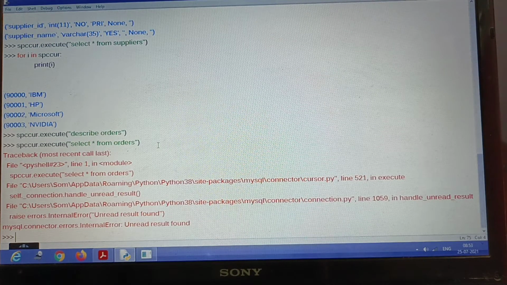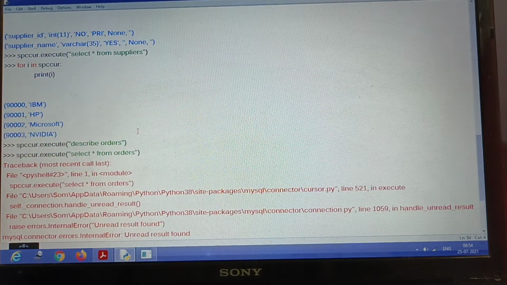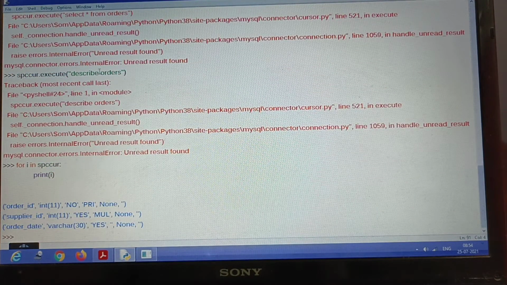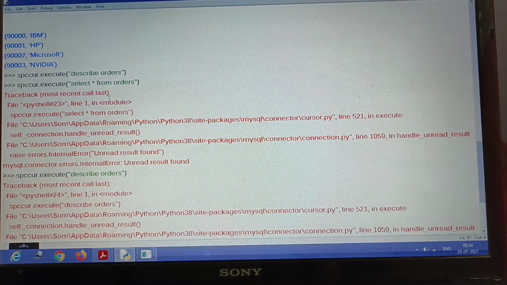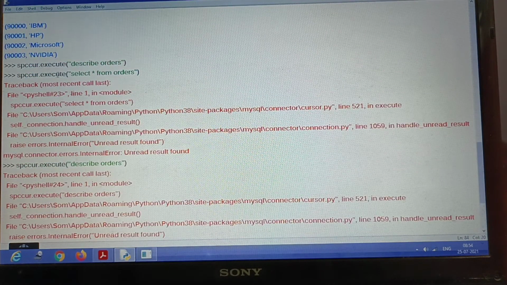Now you see there is a slight error. This is an interesting thing. You can see that I have given two execute commands one after the other, and it is resulting in an error. The reason is that I have to clear this command first. Once you have given this command, you have to run it. So now it is ready. I have displayed that command in the cursor, and then I can give select star from orders. See, now the error will not come. Two different execute commands one after the other you can't give.